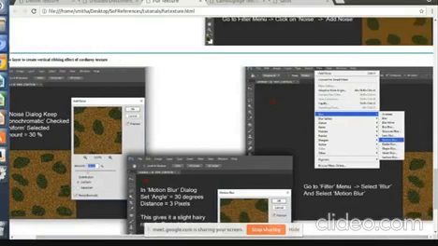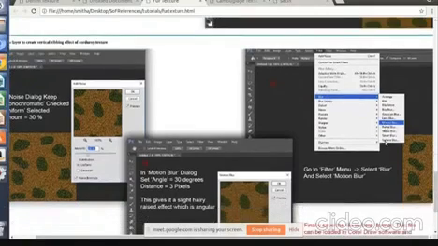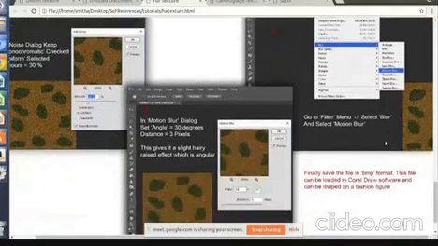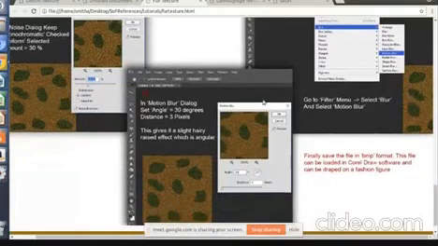Okay. Now, after you added noise, you have to go to the Filter menu, and in Blur, select Motion Blur again to give it a raised, hairy appearance. Now, in the motion blur dialog, you have to keep the angle 30 degrees.